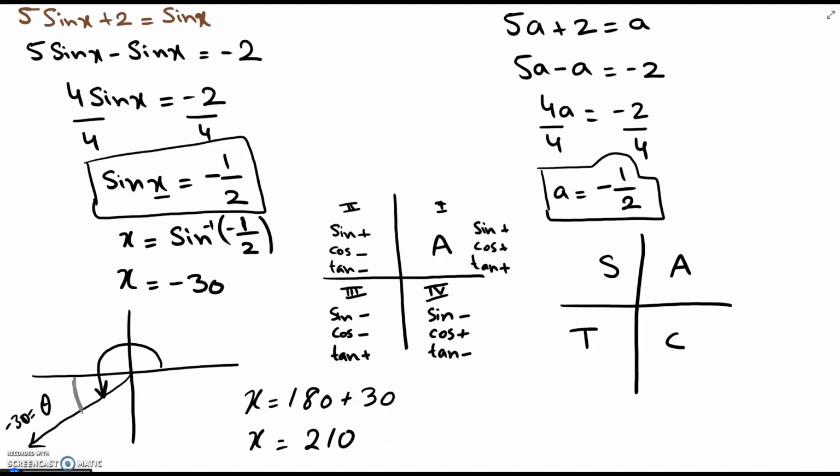Or if you want to write it down in radian form, you can write it down in radian form. And in radian form, it's 7 pi over 6. Okay, now another value of sine is right here, somewhere here in the fourth quadrant, correct? Now in the fourth quadrant, if it's negative 30, then the other value is going to be